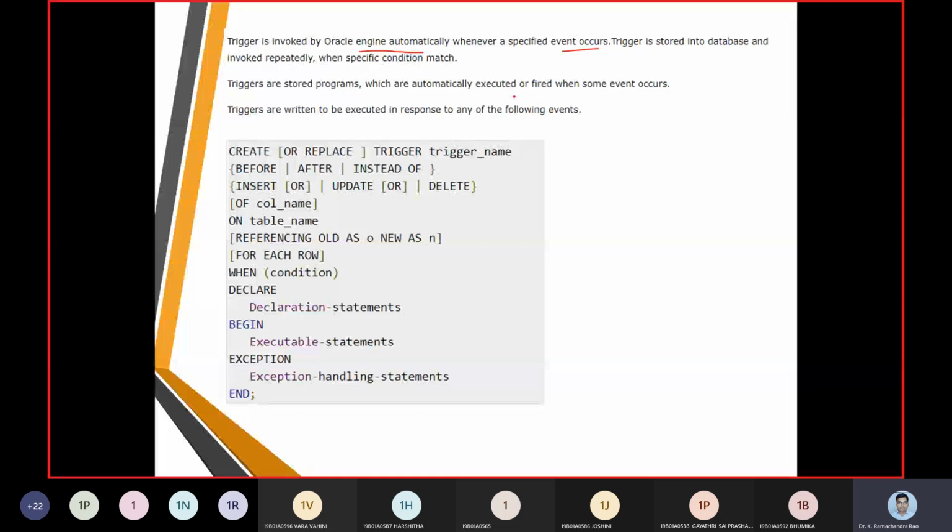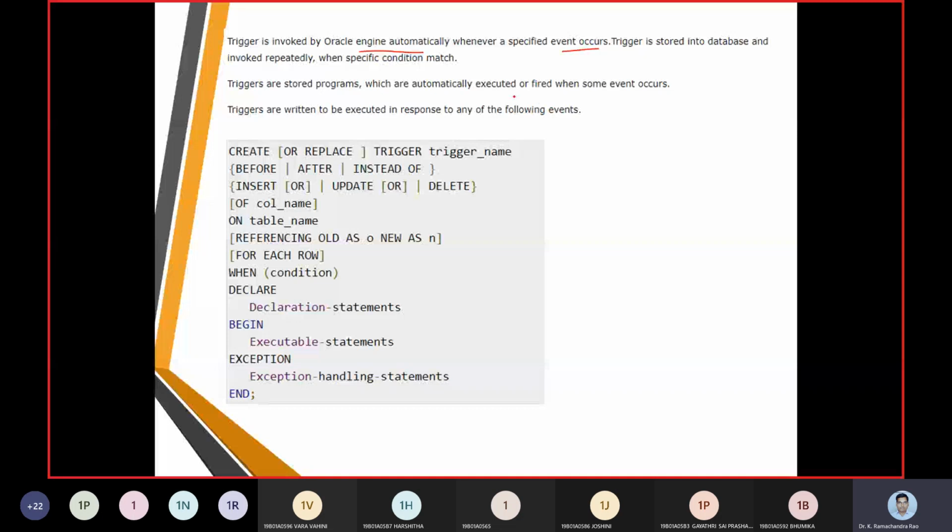Now, what is the name of the trigger? The name of the trigger was display salary changes. Now we have built the trigger. Okay, up to now what have we done? We have just created the trigger. So as of now, you can say the trigger was created. Now how can I create a trigger and how can I have a trigger body? The trigger is created with the first part, and then the trigger body is going to be between begin and end within the trigger statement. So up to now we have made this.